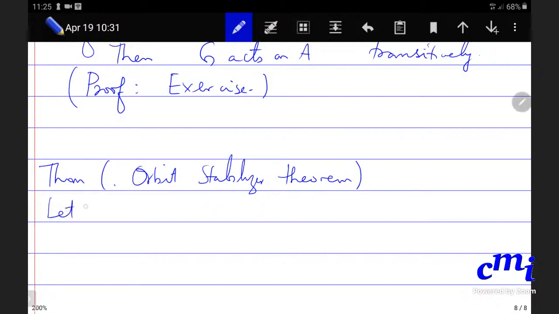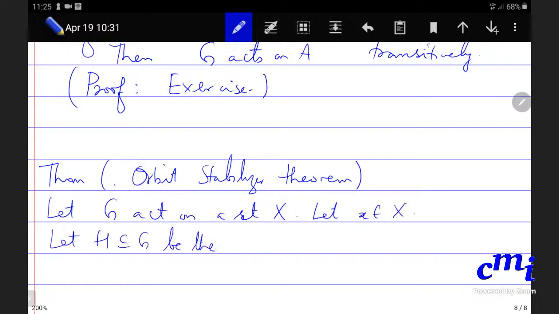Let G be a group acting on a set X. Let x be inside X. Let H inside G be the stabilizer of x, and A inside X the orbit of x. Then